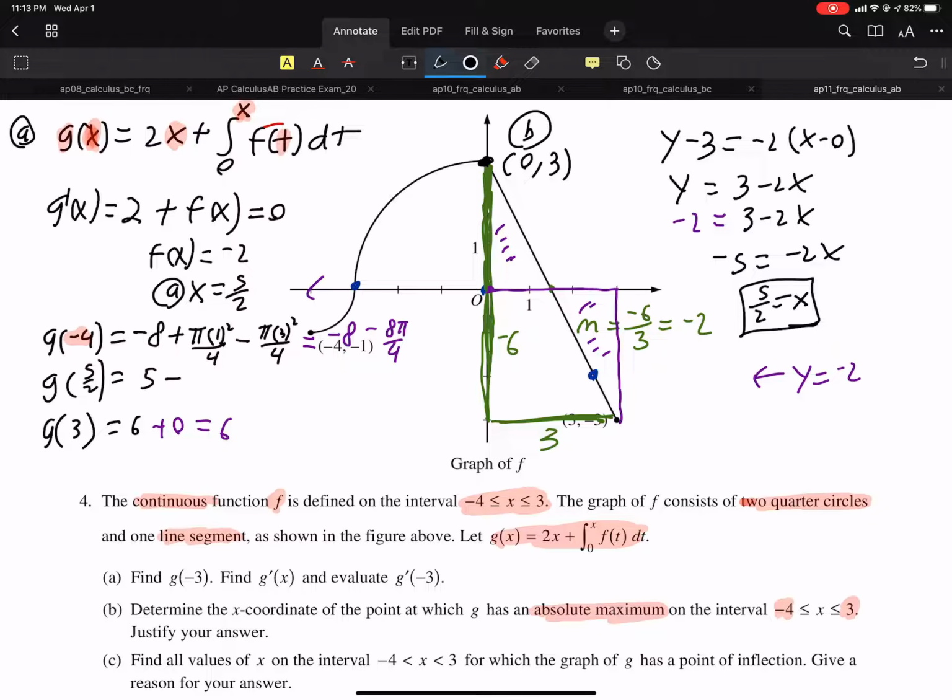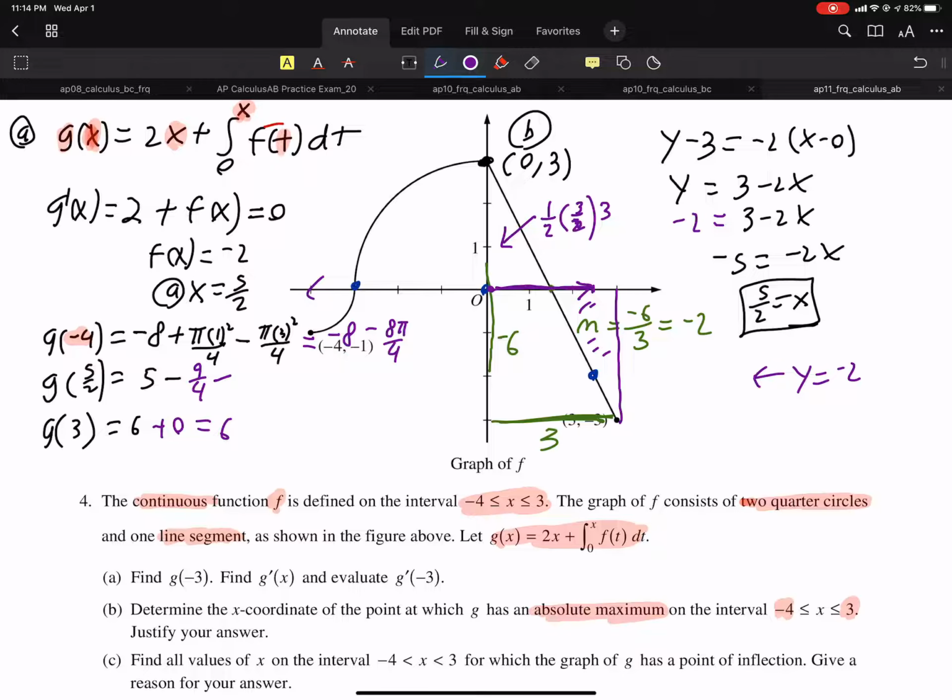And then I want to integrate from 0 to 5 over 2. So let me get rid of that. So I'm going to go from 0 to 5 over 2. It's that. So the area on top, let's go ahead and look at this area here. It's 1/2. The base is 3/2. So 1/2 base times height, the height is 3. So that's going to be 9/4